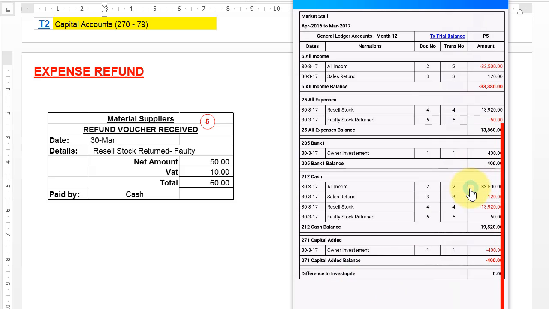Number 2 was the sales income. Number 3 was the refund. Number 4 was the purchase of resale stock, and number 5 is the return of faulty stock. So number 5. Ideally, we don't use the purchases returns account. No, we use one expenses account, and this 60 reduces the amount paid initially of 13,920, and that leaves us